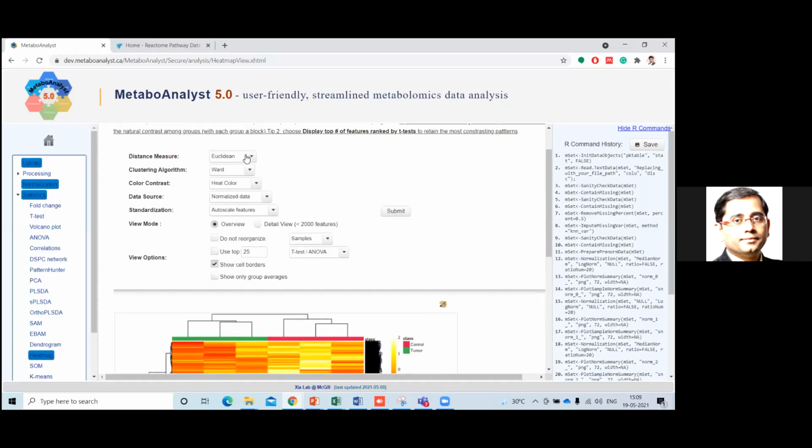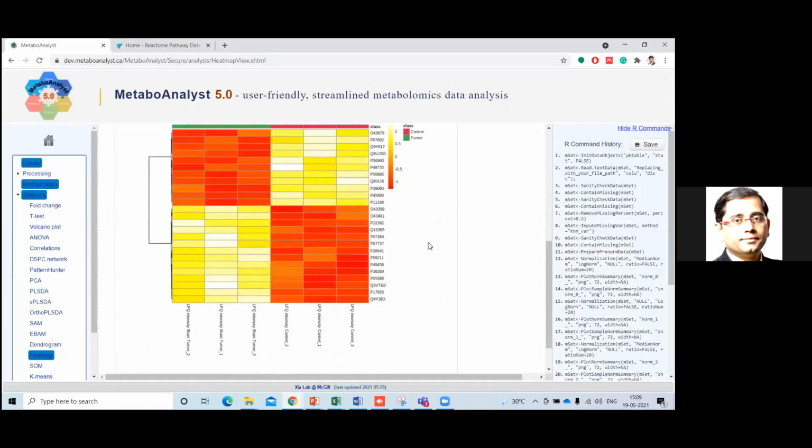So now what we will do is try to play with the parameters, and obviously you can do it from your end. But let's try to fix some parameters. Whatever the default parameters are, try to keep the same. But over here, we will try to use the top 25 features. That means the heat map will choose the top 25 features based on statistical interpretation, and it will show how these top 25 features actually look.